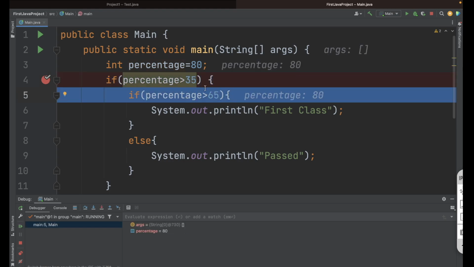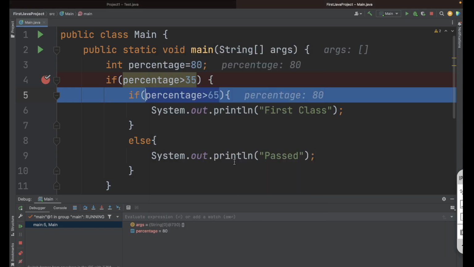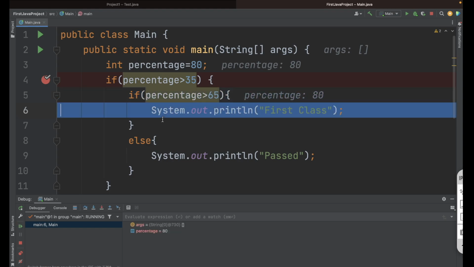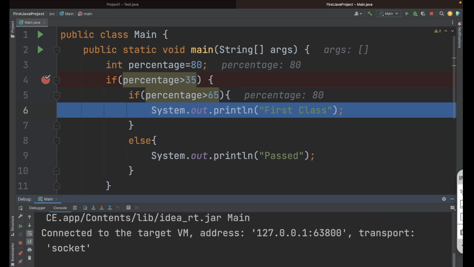See now, here the percentage is 80, which is greater than 65. Okay, so this condition is also true. If you want to see the result, you can just evaluate the expression here and see the result is true, right? Now as this condition is satisfied, it will come inside this if as well. So if we go to the next line, here it came, and now in the console we don't have anything yet.